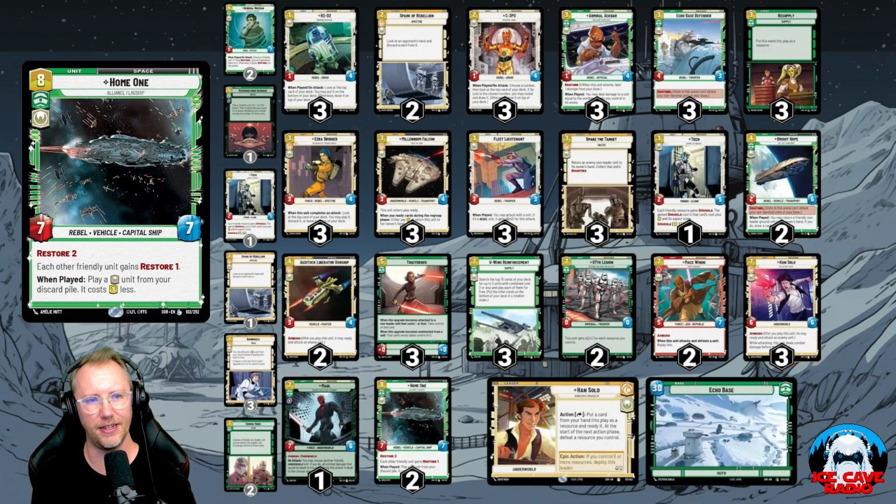And then finally, in the end, we've got 2 Home 1. Home 1 is just a great finisher. Obviously it's a big body in space. It's got Restore 2. It gives everything else you have Restore, and it lets you play a 3-drop. And again, you've got so many versatile 3-drops that you've been playing and then having die over the course of the game that you'll have access to an Echo-based Defender if you need taunt, a Millennium Falcon if you need a little bit more pressure in space,